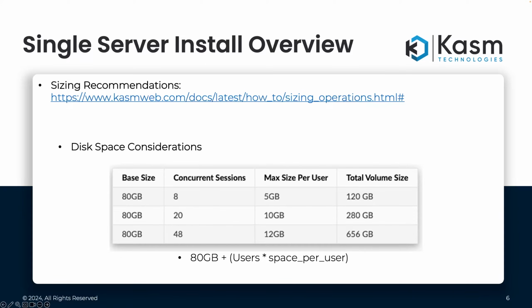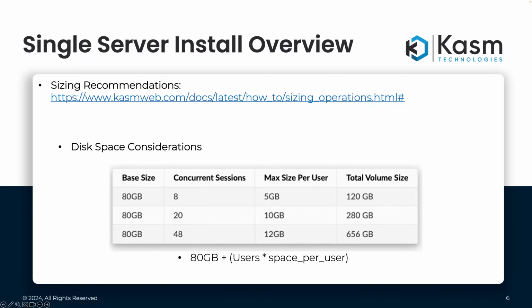Disk space considerations are a little bit more straightforward. The amount of disk space required will also be dependent on the number of concurrent users the agent is expected to host. In this table, we start out with a base size of 80 gigs. 80 gigs of disk space is recommended as a baseline to ensure that we can run Docker. From there, you would add the number of users,